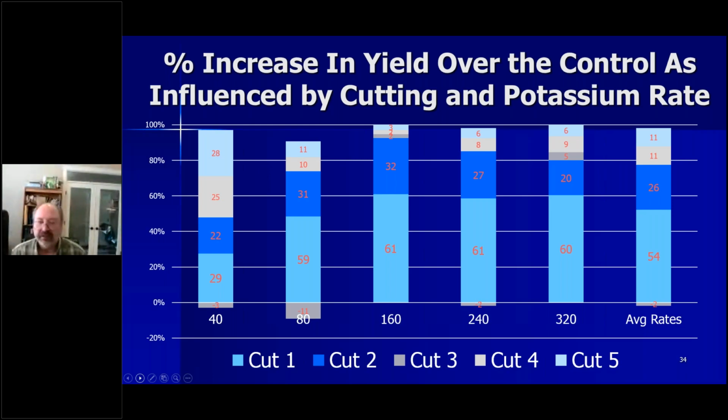Actually, it was 10 1/2 to 12 tons per acre. So let's look at this by cutting. Where did we see our response again? Let's assume that you put on 160 pounds to the acre. And so you can see that 61% of the total yield response that you got